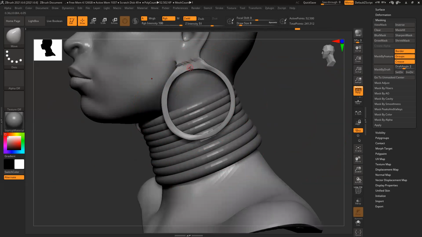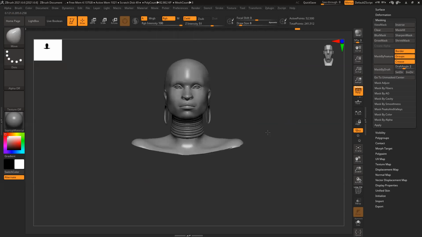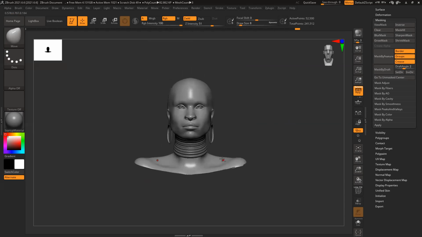Fix करना पड़ेगा. So we can create a separate body also. It will be much easier. That's an easier process. Okay, let's see.